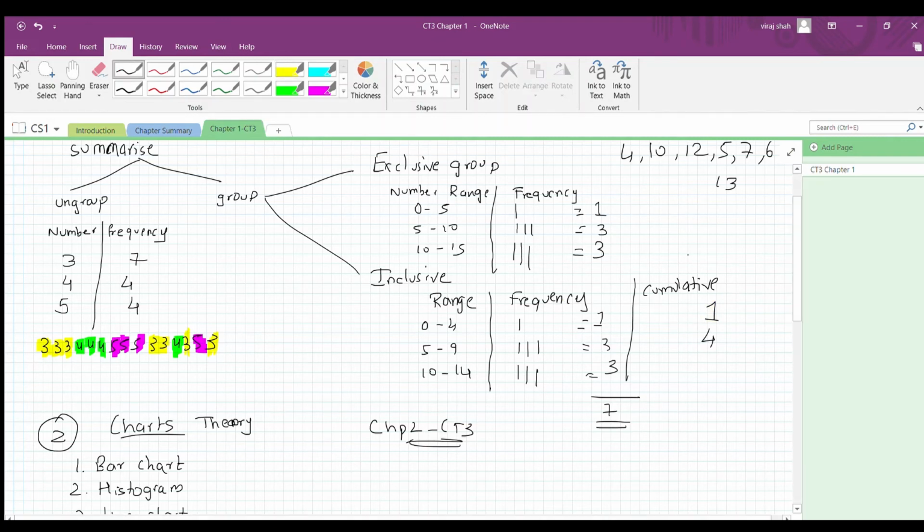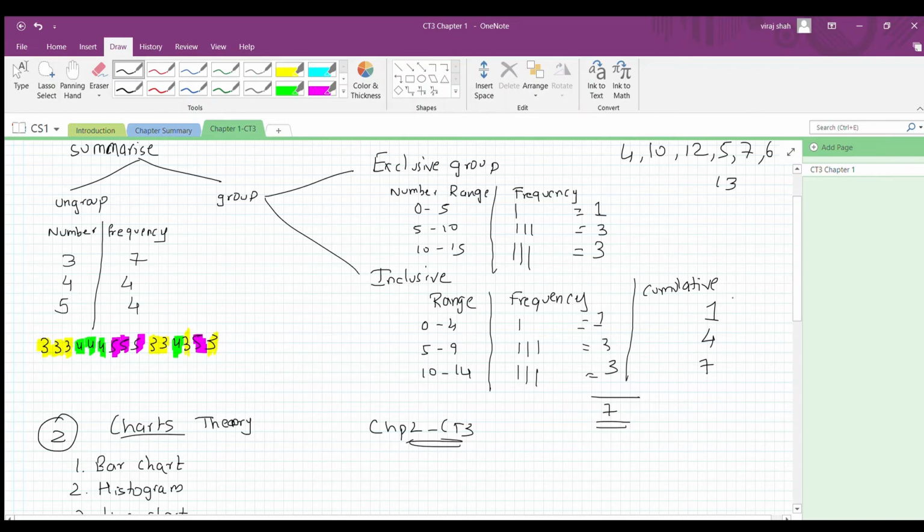And similarly for the third row, if you can see, it is a cumulative part of this part and this. So yeah, we will add these two, which will give our answer of 7. So if you can see, as I said earlier, the sum of the frequency here would be equal to the last row. So these both are same, 7 and 7. That's how you can prove that your cumulative answer is right. And this would be your cumulative answer.